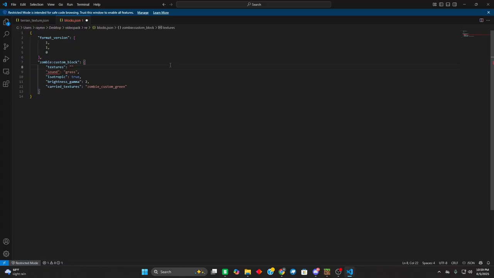And the texture goes like this. Here we need this texture, because this is going to be the texture of our block. So for the basic block, you just have your block identifier. This will be the texture of the block. This will be the sound, and then this will be the carry texture that will look in your hotbar. So now we need